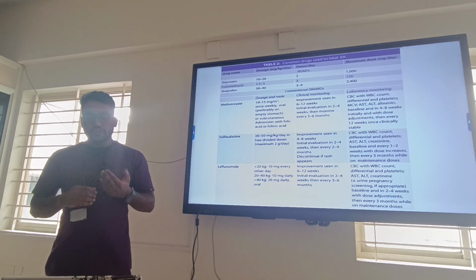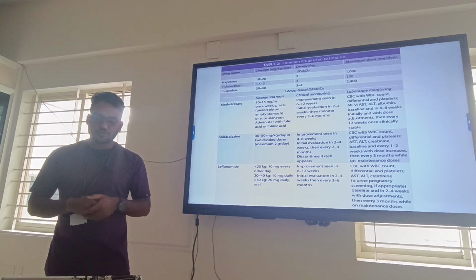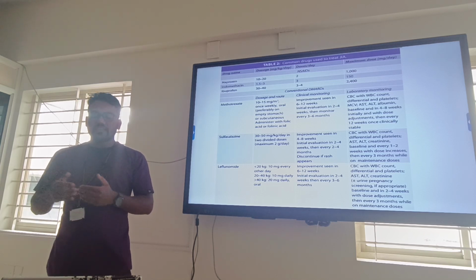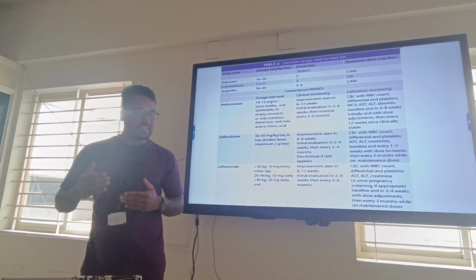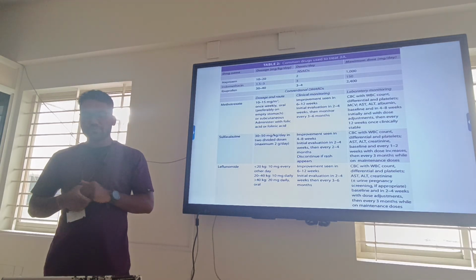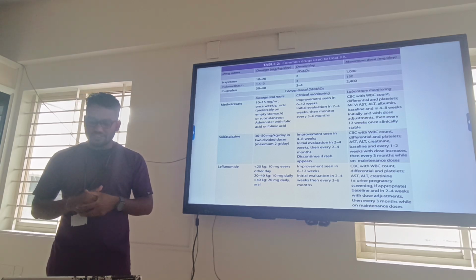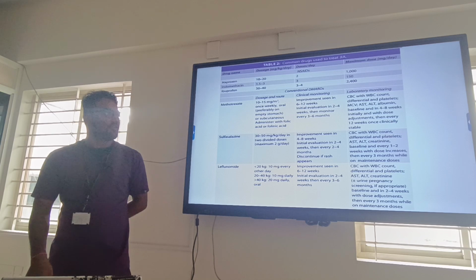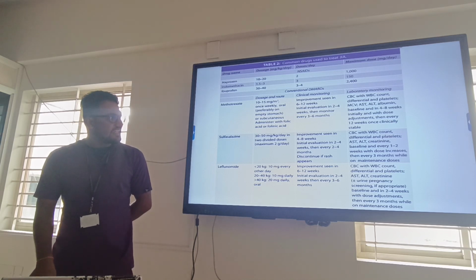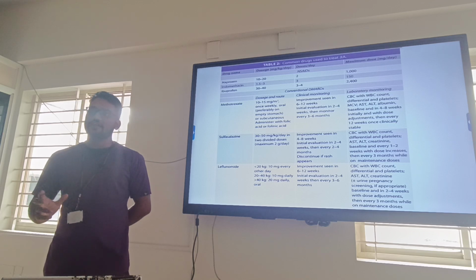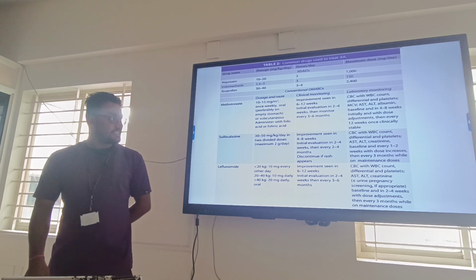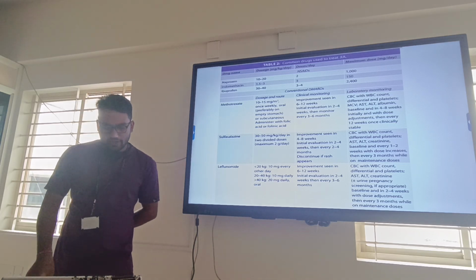Clinically, the methotrexate cycle goes for 6 to 12 weeks minimum. The initial evaluation is done once methotrexate is started, and for that, CBC with WBC count, differential count, platelets, MCV and liver function tests are done initially for the first 4 to 8 weeks. Then, according to the disease status, whether it has improved or not, the duration or dosage adjustment is done. Same like